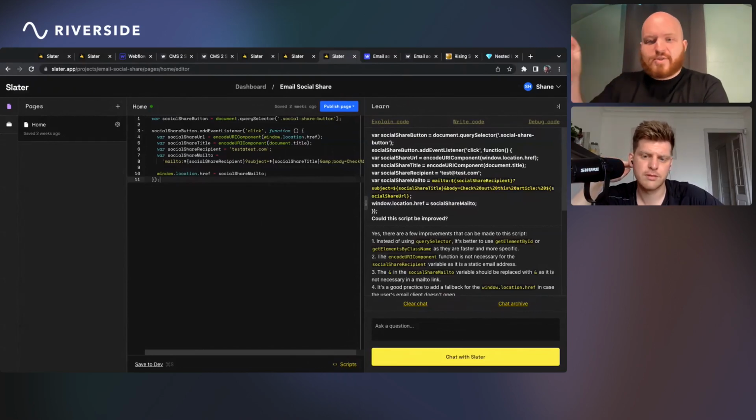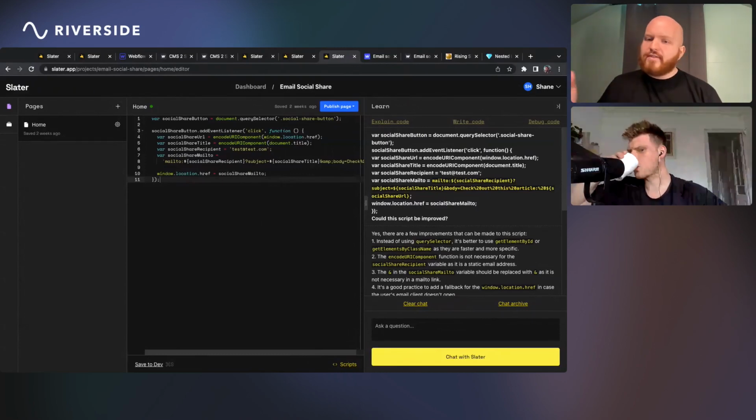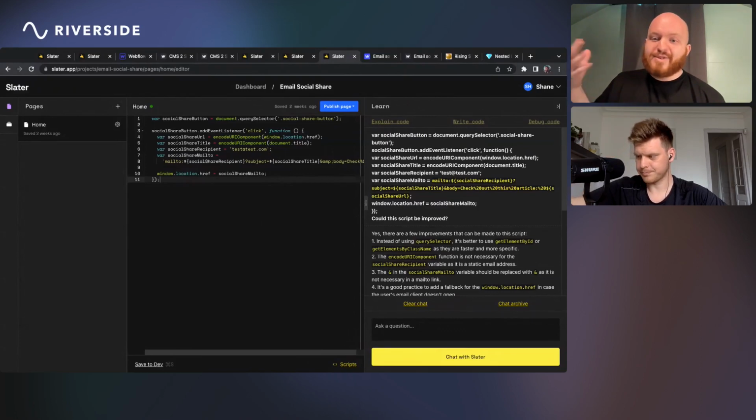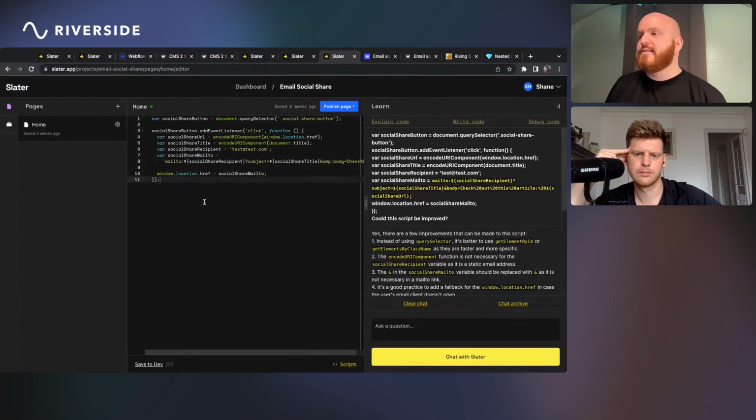It's like, nope, you shouldn't use this because of this. You shouldn't use this because of this. Go ahead and use this set of code. And I'm just like, oh my gosh. Because there's certain sets of code. Again, not a developer, but like mutation observers, you can have a lot of issues with those. They're great, and I'm using them on another project right now. And actually, Noah Raz can help me with that code. That's a whole other story. But I ran it through Slater just to see, am I going to hit any issues with this code if we put more code, right? Code breaks, so you do have to think about that kind of stuff.